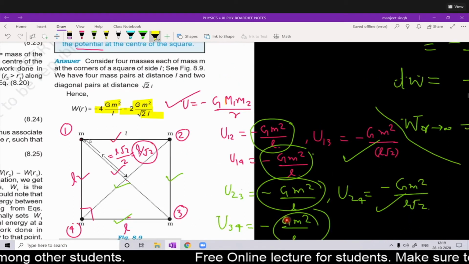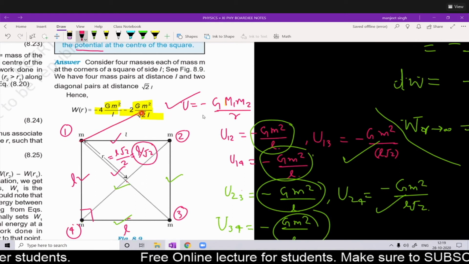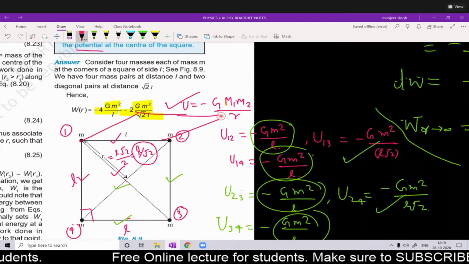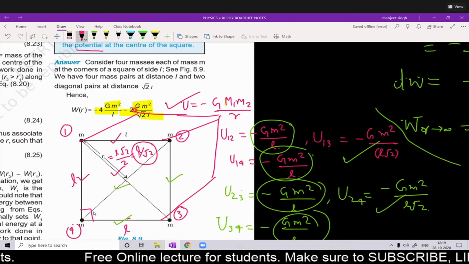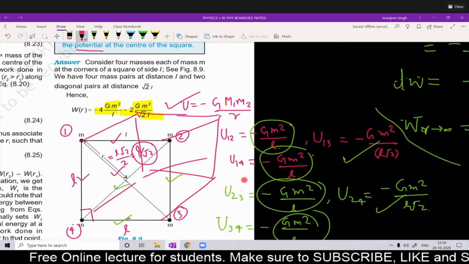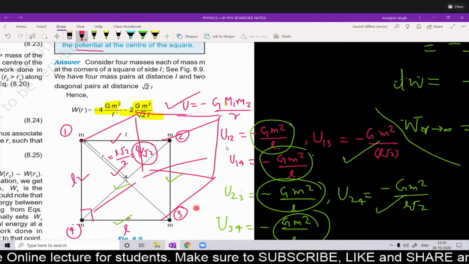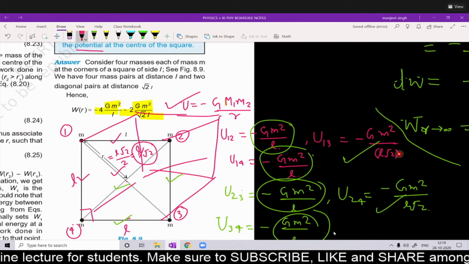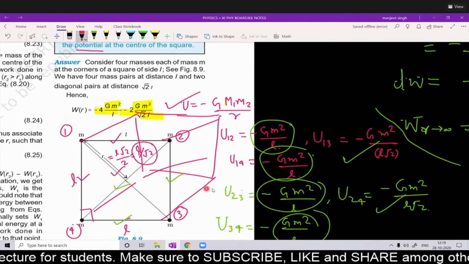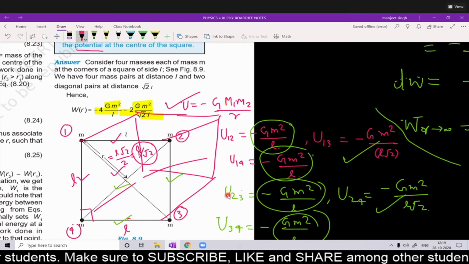Let us see. Let us say कि I have a cube, not the square. I have a cube, and this cube is like this, and at each vertex of the cube we have certain mass, and we have to calculate the potential energy of the system. Then we will go this way, this method we will go one by one by calculating all the pairs and without repeating any of the pairs. Okay,